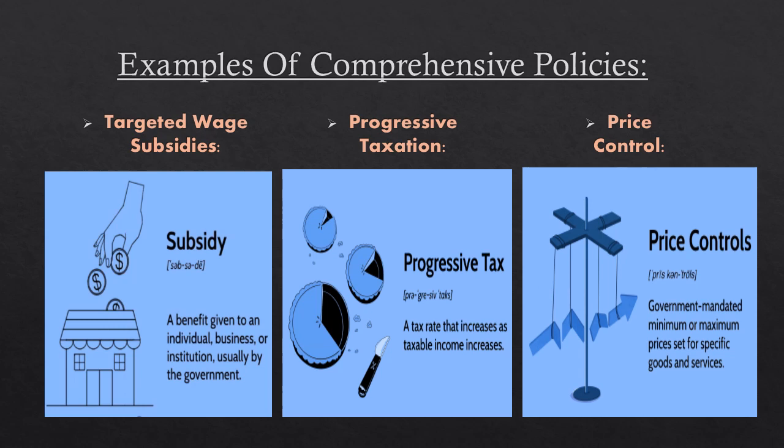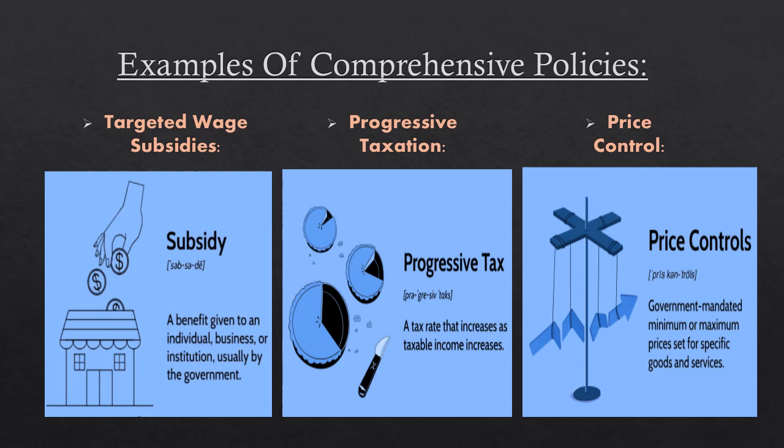So the number one policy can be targeted wage subsidies. So these subsidies can incentivize businesses to create jobs, pay decent wages, boosting income for low wage earners while not excessively stimulating inflation. Then we can implement progressive taxation, like taxing high income earners at a higher rate allows for investment in social safety nets like food stamps or subsidized housing,